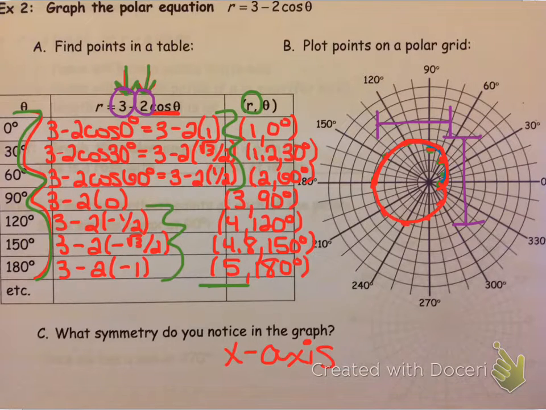It's going to make it look like essentially an ellipse with a dimple in it, or an oval instead of a circle. It's not going to be as perfectly round. And then the other thing is, of course, that that dimple does not go all the way down to the center, because you're never going to end up with an r value of 0 if these two numbers are not the same. So other than those subtle differences, cardioids, and these are what we call limacons, are basically the same